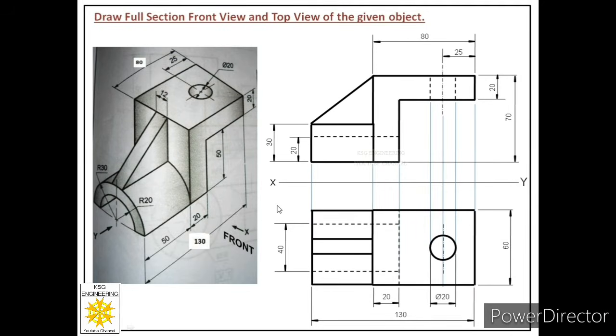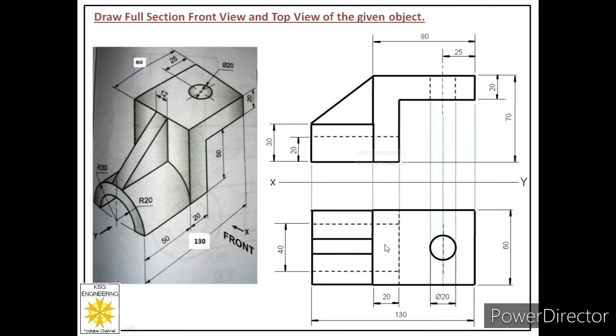In that unit, we have learned that in its front view, we have to show three visible faces, and we have to show a hidden hole and this hidden face. And in its top view, we have learned that we have to show this rectangular face, this curved face, this inclined face, and this hidden curved face. So this is the front view of the object and this is the top view of the object.